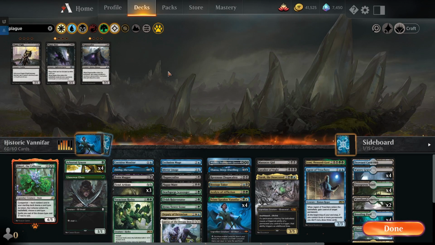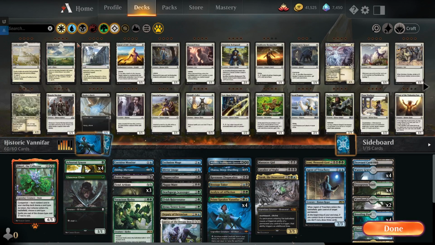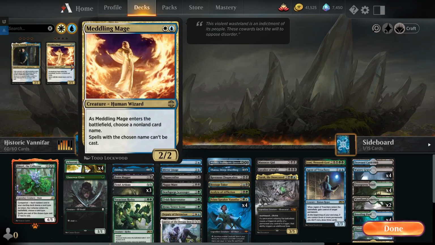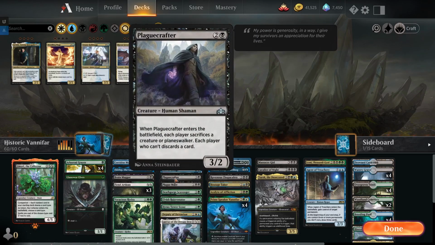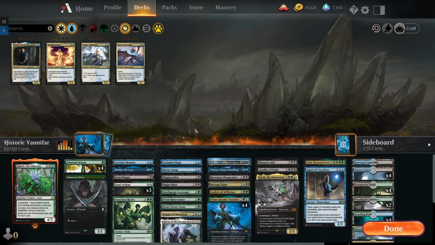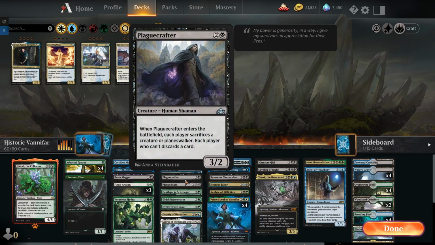One change I think I made, it might be for the better, is I cut the, wow, how did I already forget the name of that card? 2 mana cost, creature, blue-white, Meddling Mage. Thank you, my gosh. Meddling Mage for a Plaguecrafter. After that game against the Crystalline Giant, it seemed pretty clear that I need a way to deal with hexproof creatures. Plus, it would have been so easy to take over the game if I had that,